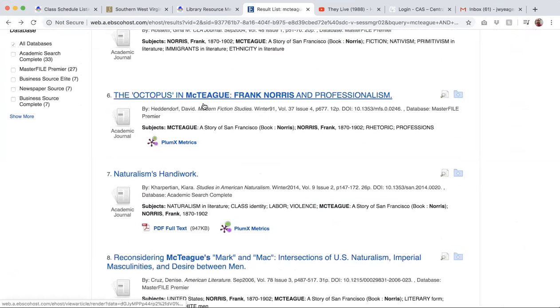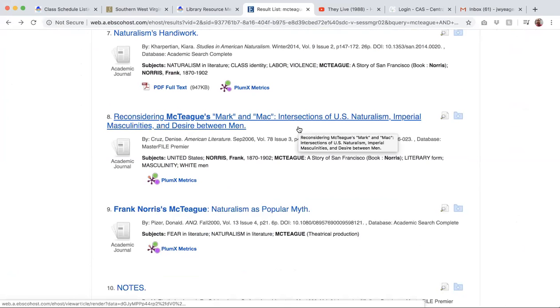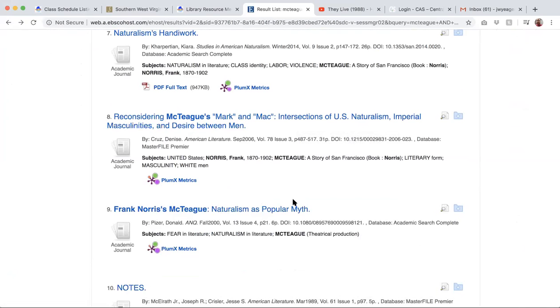The Octopus and McTeague, Frank Norris and Professionalism. Reconsidering McTeague's Mark and Mac, Intersections of Naturalism, Imperial Masculinities, and Desire Between Men. So that's interesting. Maybe that argument says Marcus and McTeague have a thing for each other, right?